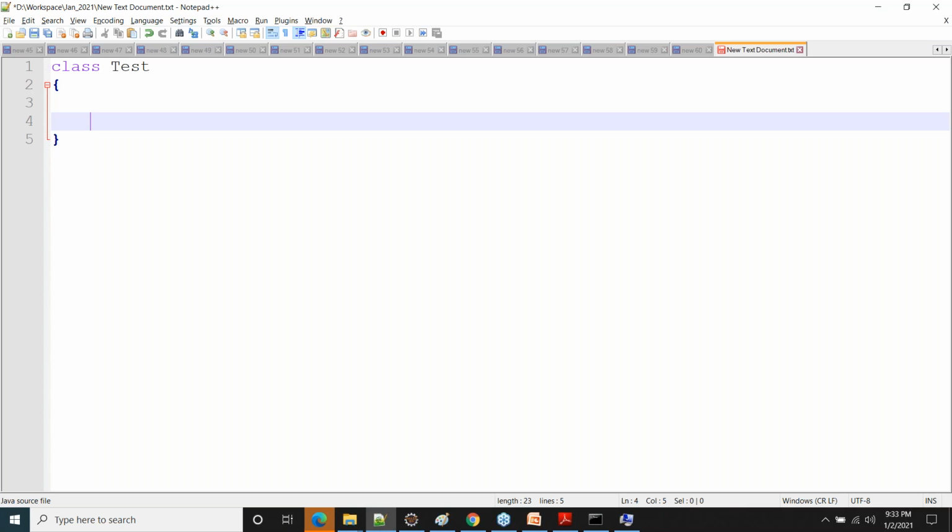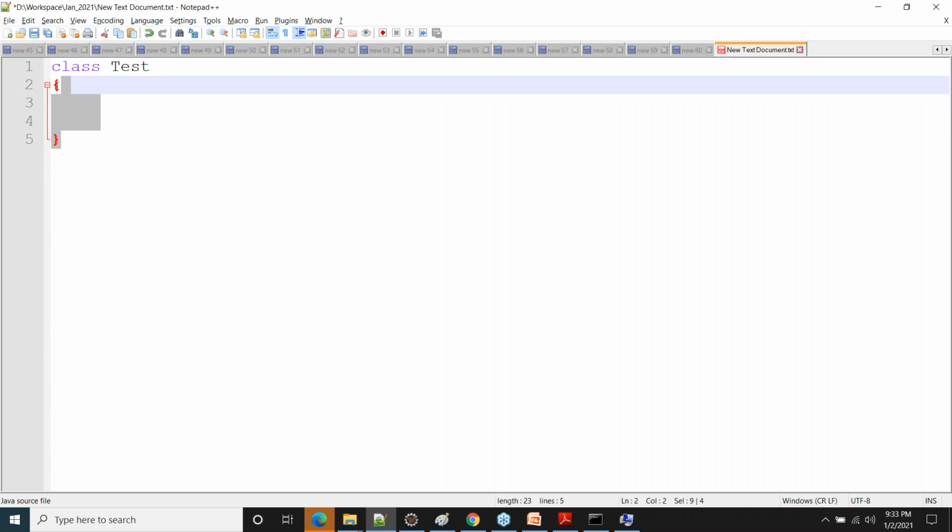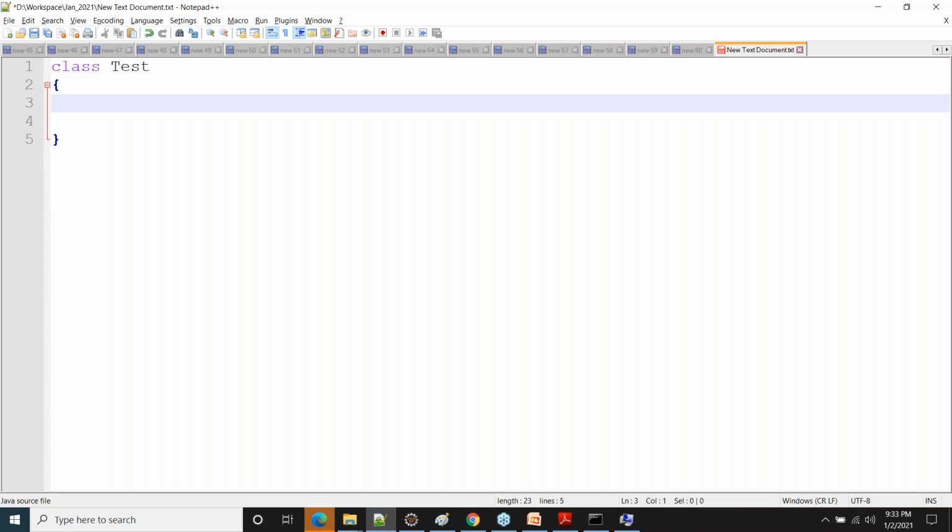Curly braces are mandatory. Of course, curly braces are mandatory. Without curly braces, how will you define the body of the class? Okay, so this is mandatory. If you don't have the curly braces, you will get a compile time error. You will get an exception when you try to compile the source file. Clear? Fine. Okay,